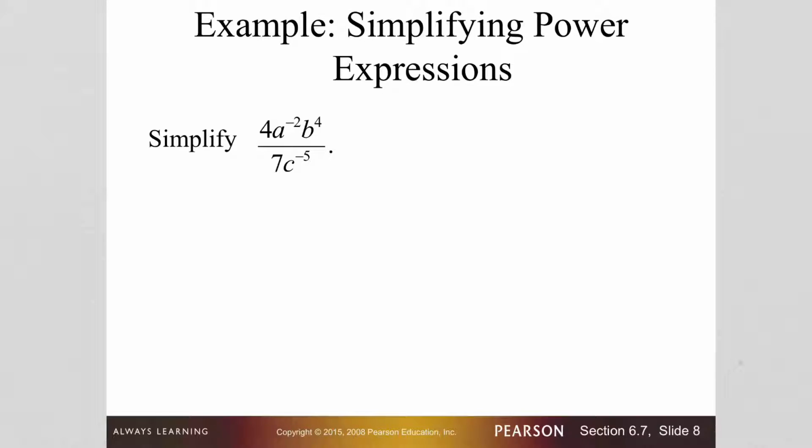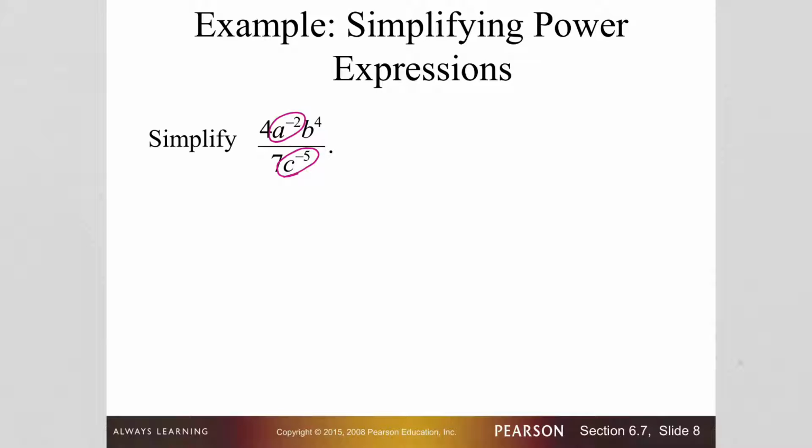Alright, so take a look at this. You have to look at what's unhappy with its location. So what's unhappy is the a to the negative 2 power. Notice the 4 is not unhappy with its location. If it was unhappy with its location, it itself would have a negative exponent. The c to the negative 5 power is unhappy with its location. The 7 is fine. The b to the 4th power is fine where it's at. So the a to the negative 2 power and the c to the negative 5th power, those suckers have to